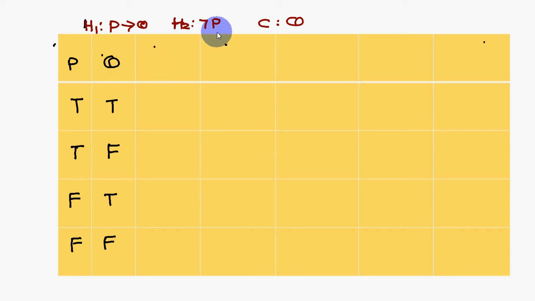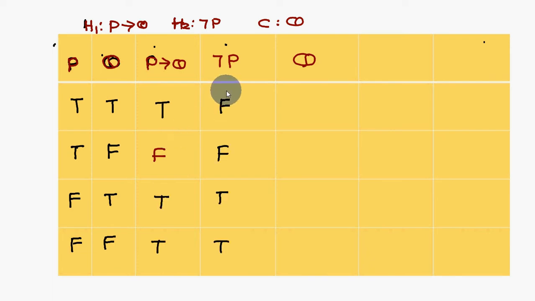Next what you have to write? Negation P column. So P conditional Q column, negation P column and Q. Always remember the order: P conditional Q column, next negation P and Q column. These three should be together in order only. So P conditional Q, what does it say? True, first statement true, second statement false, then gives false. That means this is false, remaining all are true. Negation P values you know.